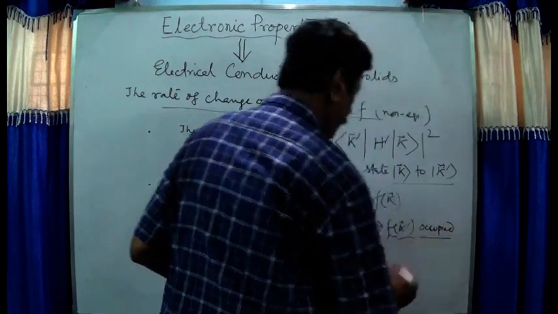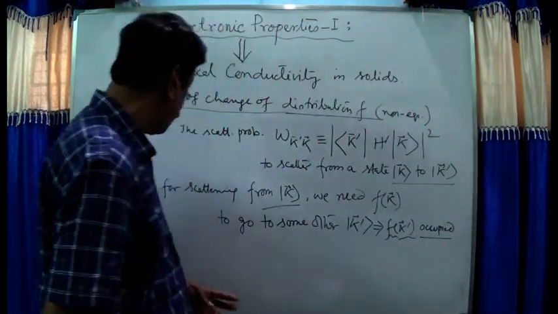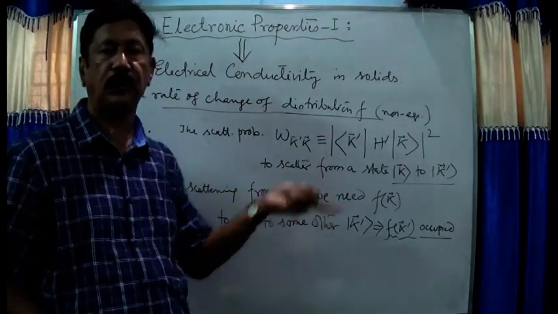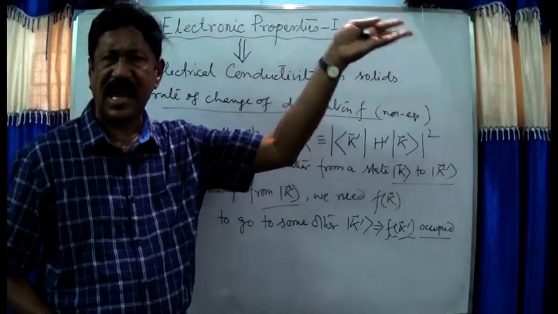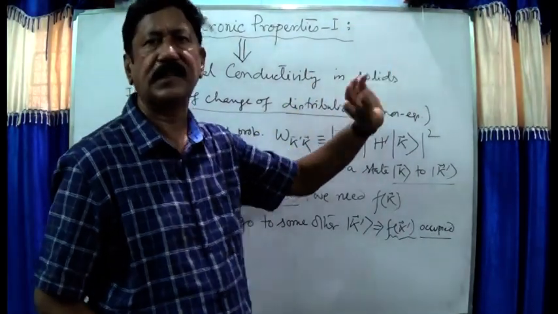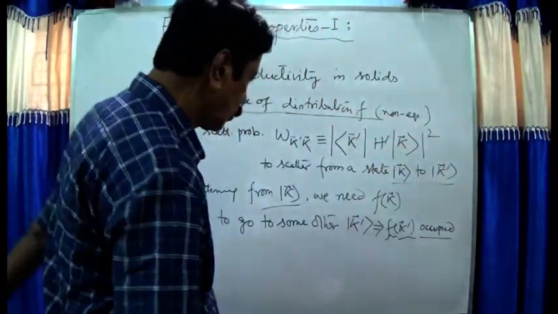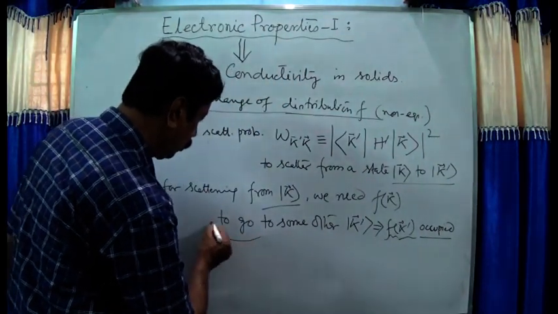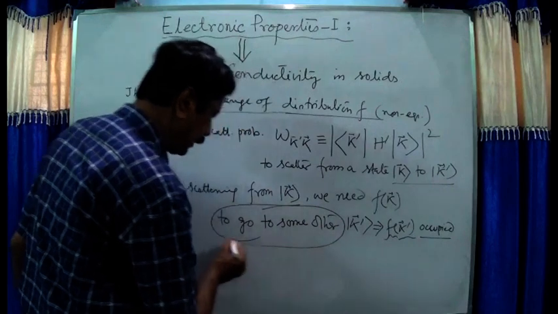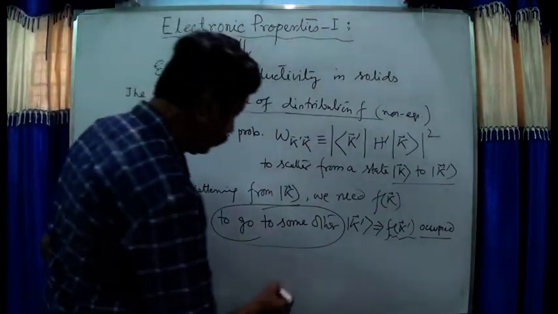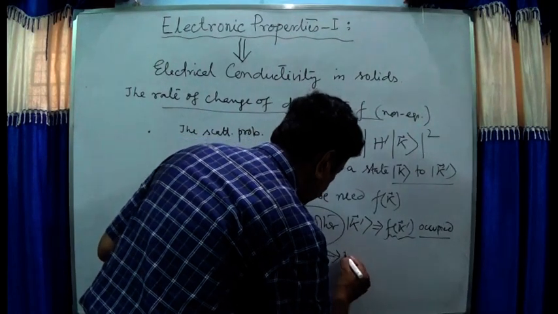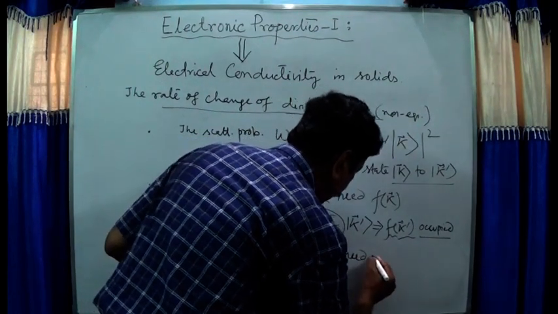But when a particle wants to go from one state to the other, that state has to be vacant, otherwise it cannot go there. So in order to go to some other state k prime, we need an unoccupied